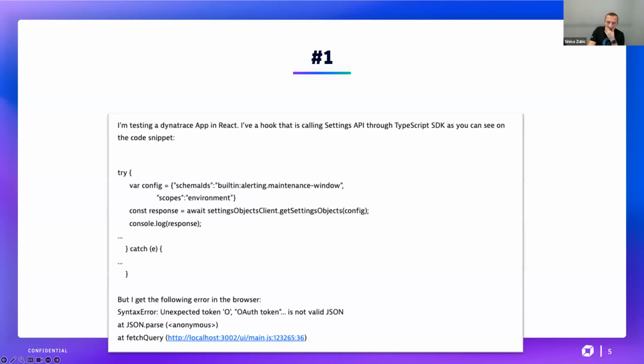So basically, somebody wanted to access the settings API via a Dynatrace app. The way we build the whole permission and security, and how we embedded it in the Dynatrace app engine, is that in every app you have to define what kind of permissions your app needs. If you miss some permission or some scope, then you will get an error message indicating authorization or permission problems. And if you jump to the next slide,